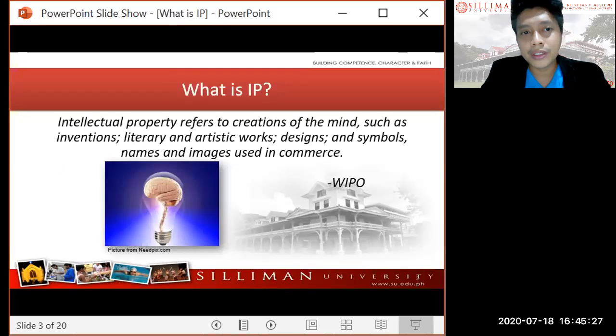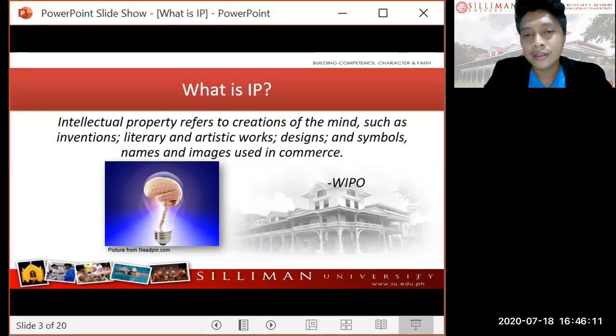When we say intellectual property, according to the World Intellectual Property Organization, WIPO, it refers to the creation of the mind, which includes inventions, literary and artistic works, designs, and symbols, names, images used in commerce. So if you are the first to think about it and put it into writing, then it is your intellectual property. Take note that it needs to be written and documented and sometimes registered to be considered yours. And furthermore, IP is a race, so it is a first come, first served basis.